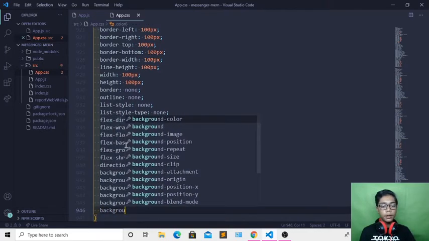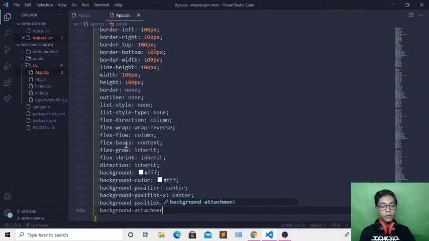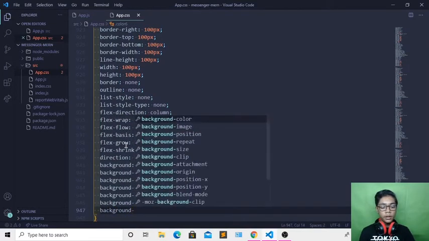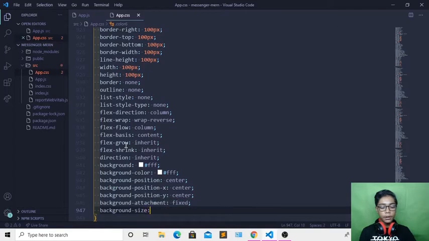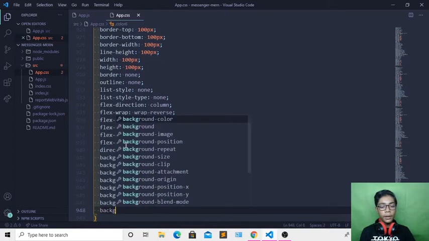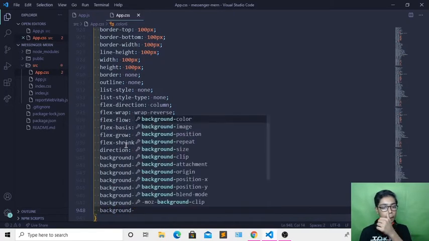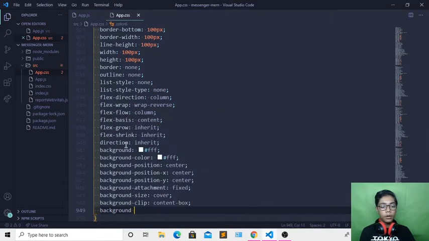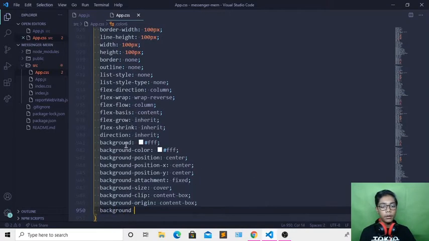Then I will be coming underneath creating background-attachment, which should be fixed, and I will also write background-size, which should be cover. Then also create background-clip, content-box, create background-origin, which should also be content-box, and create background-repeat,